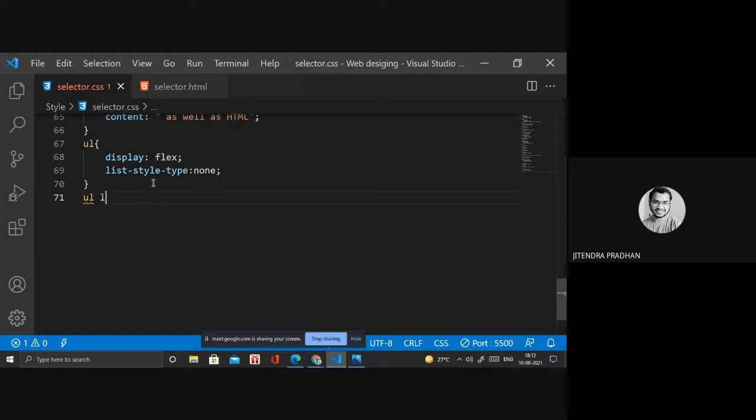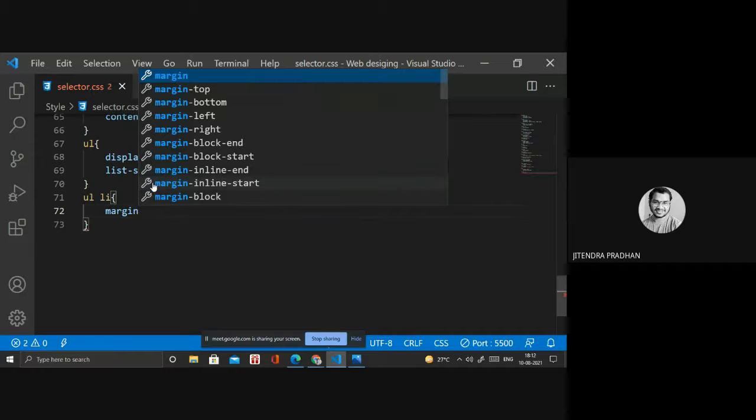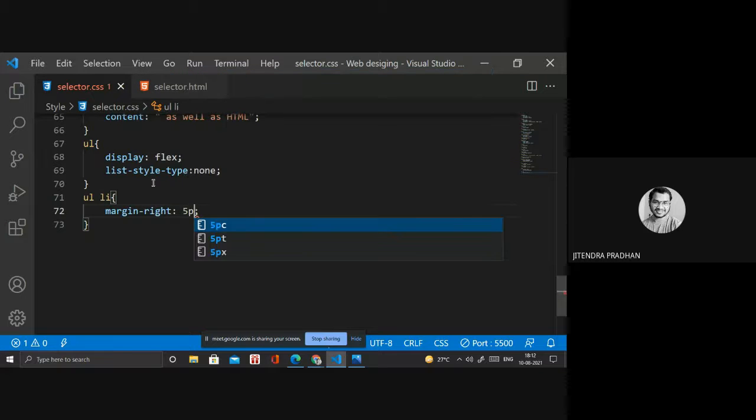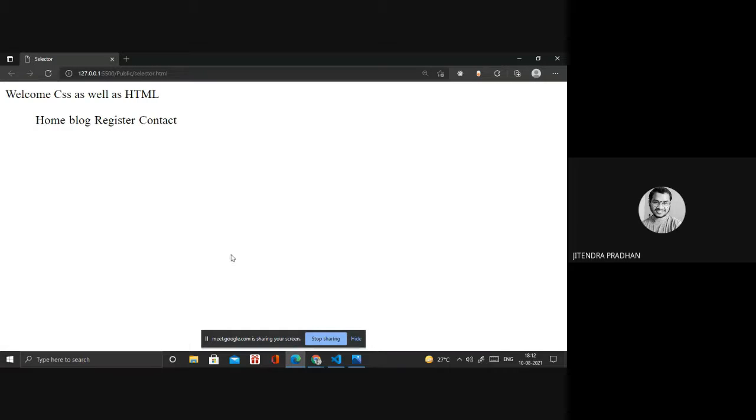So in that I need li margin, margin left and right. I will give it 5 pixels. Done. So for every item, home, blog, register and contact, in between them, after every list item, I want a particular special character.